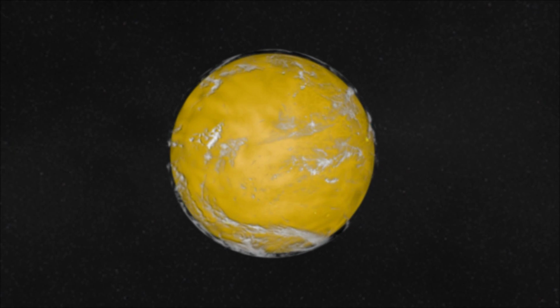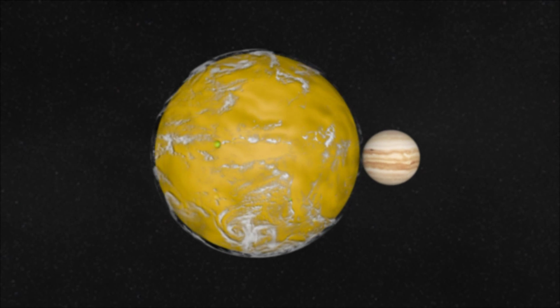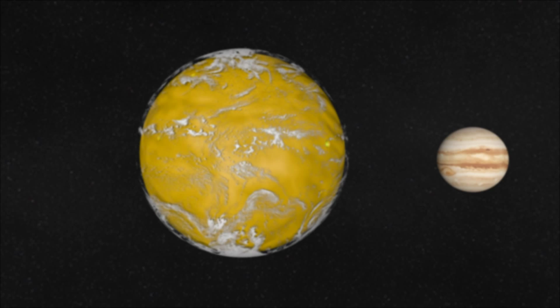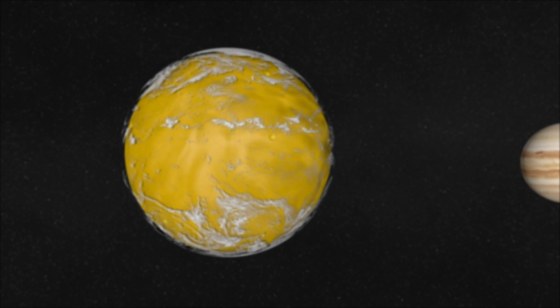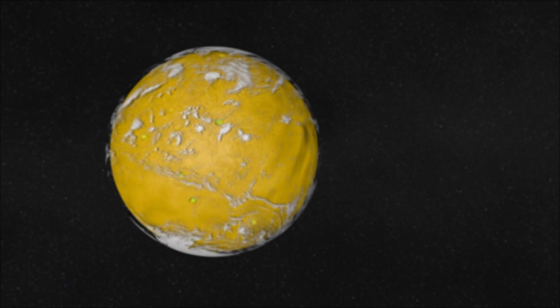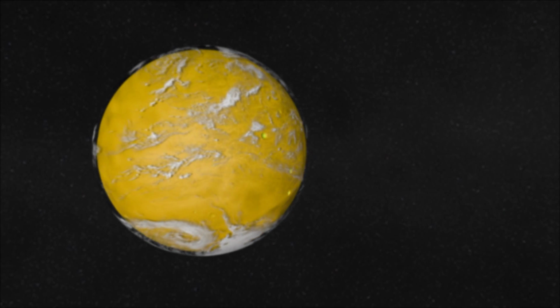Okay, take a little planet, about half the size of Earth, wandering through the solar system. During its travel, it gets too close to a large planet and is caught by its gravity. Initially, the effects of this capture are minor, but over time, the larger planet's gravity starts to bend and warp